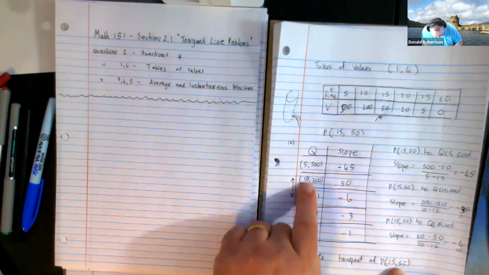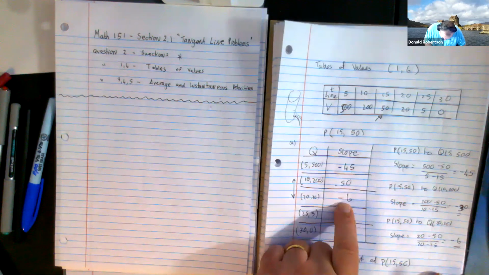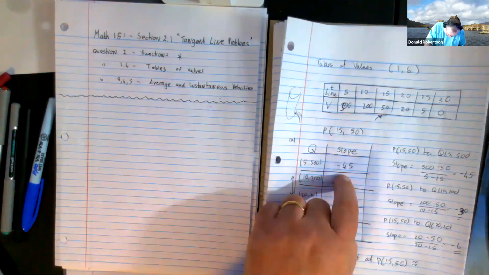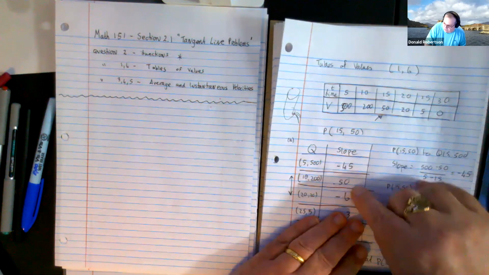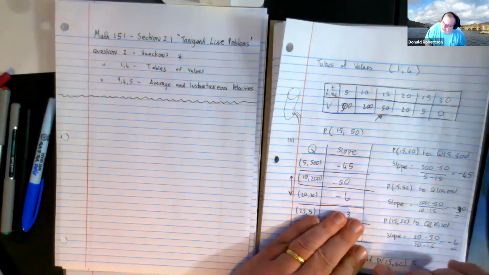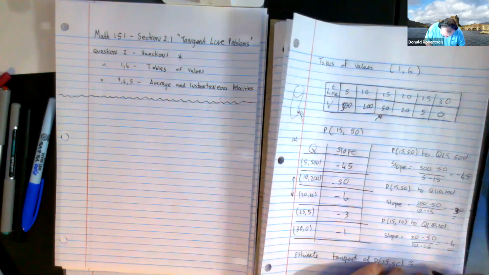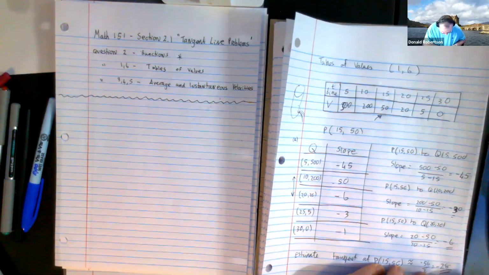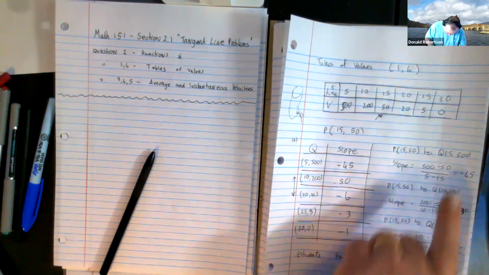So somewhere between negative 50 and negative 6. Well, it is only going to be an estimate, right? So wouldn't the best bet be, it's not that number, it's not that number, but it's probably some number between these two, right? So wouldn't the simplest thing be just to find the average? Right? Add them up and half it. So if you add them up and you half it, you get about negative 28. So our best estimate for the slope of the tangent line using this table at this given point is about